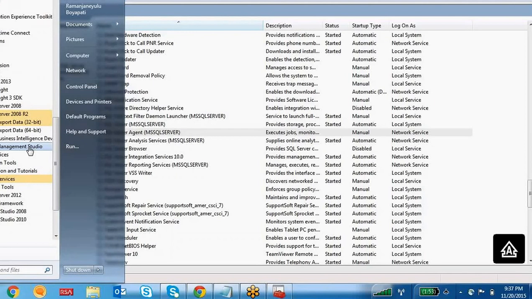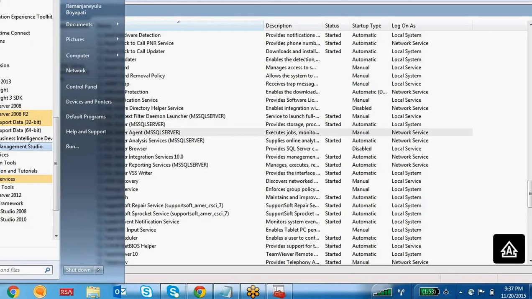The database maintenance you have to do in SQL Server Management Studio. The remaining SSIS, SSRS and SSAS related things you have to design and work on in SQL Server Business Intelligence Development Studio. These are the two platforms we are going to work with.